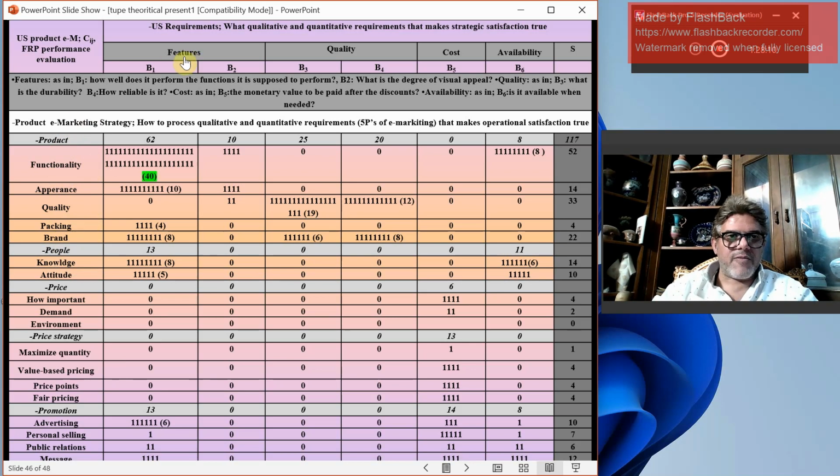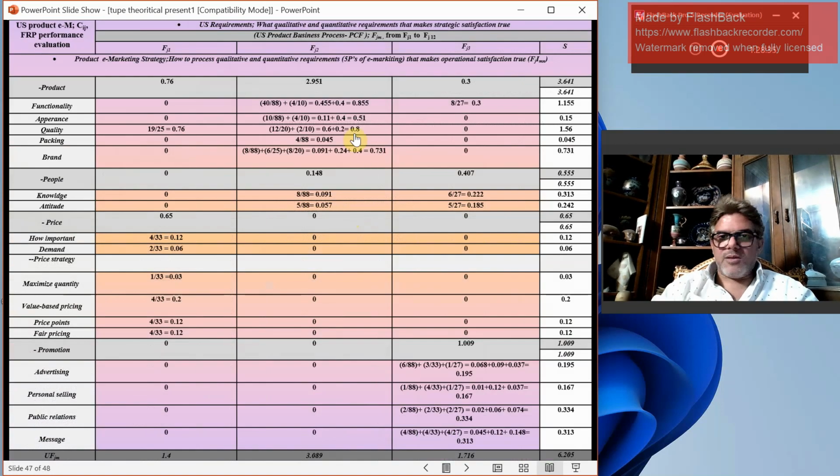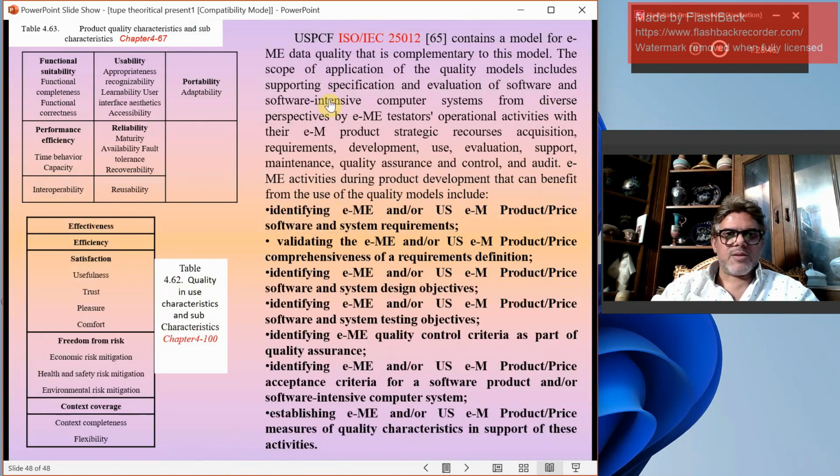And of course, here I have the features by two questions. You might define the characteristics, quantitative and qualitative values that you put on your website, as in B1, B2, B3, B5, B6, whatever. And yeah, this is the calculations. This is the ISO. Why am I not coming back?